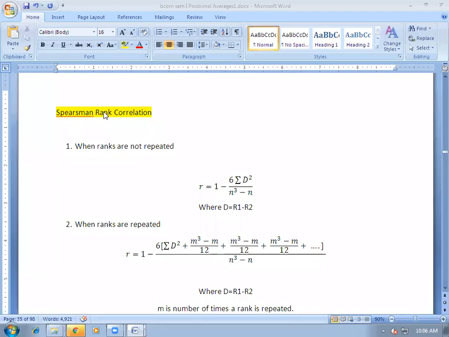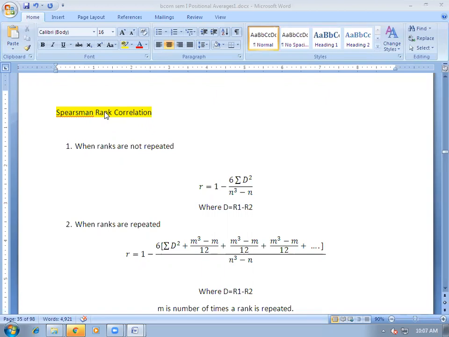Today we will discuss the Spearman rank correlation method for measurement of the correlation coefficient. There are two cases. Actually, the Spearman rank correlation method is used when the data is qualitative. That means we can't measure the data numerically, but it is either a characteristic or quality of something, or it is ordinal data. Ordinal data basically is like the division of students or position of students.